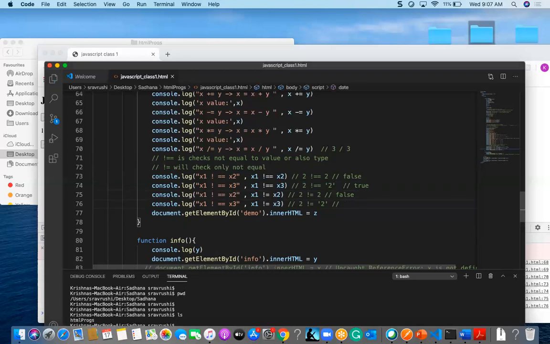And here also, the value will become false, because both are already the same in the form of value. In the form of value, both are equal. You got this concept, right? Yes, understood.